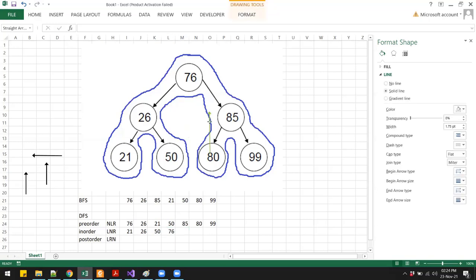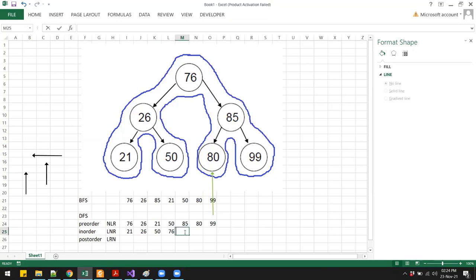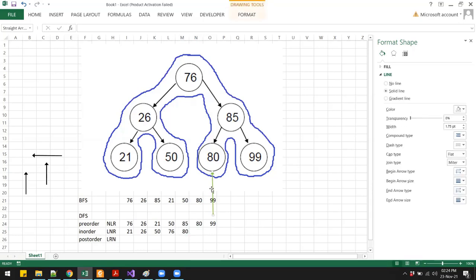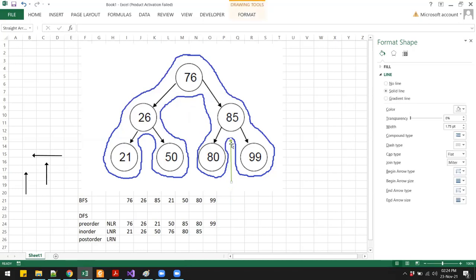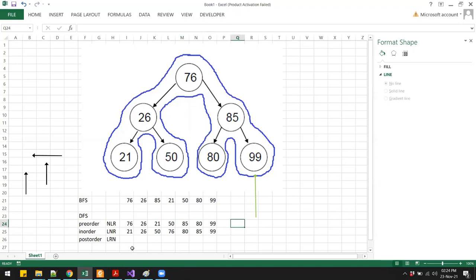Then keep on going. We have 80. Then we have 85. Then we have 99. So the order of the numbers in each of these will be different. So that was in order.